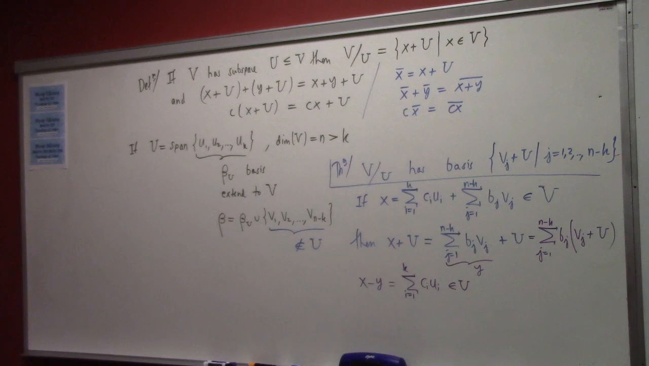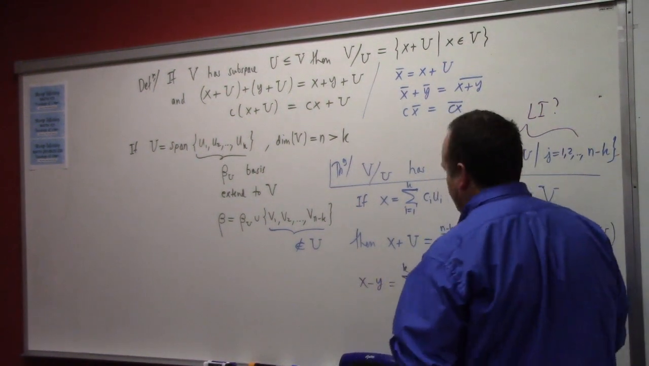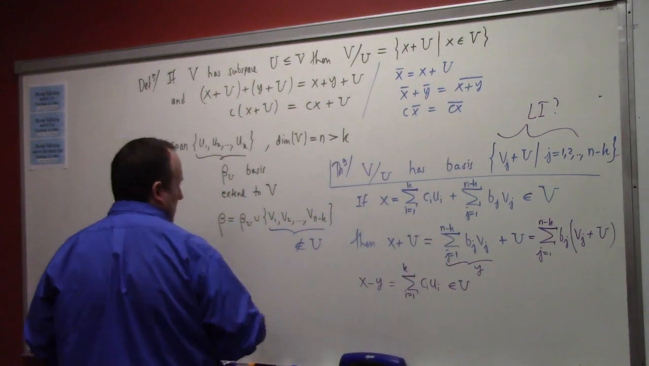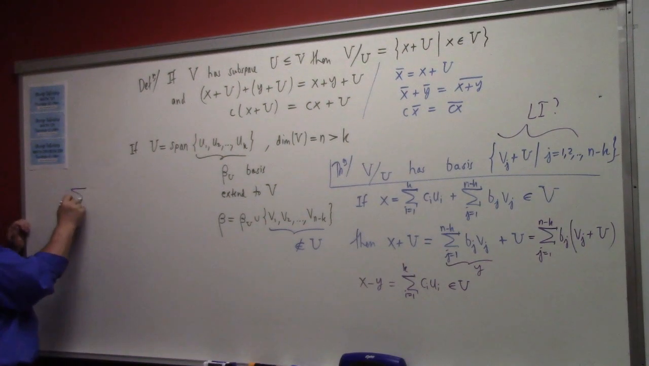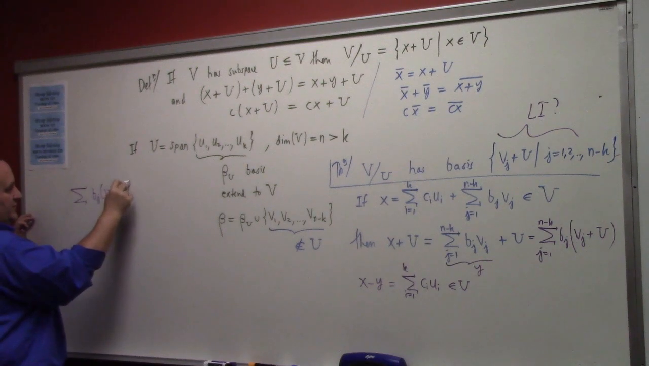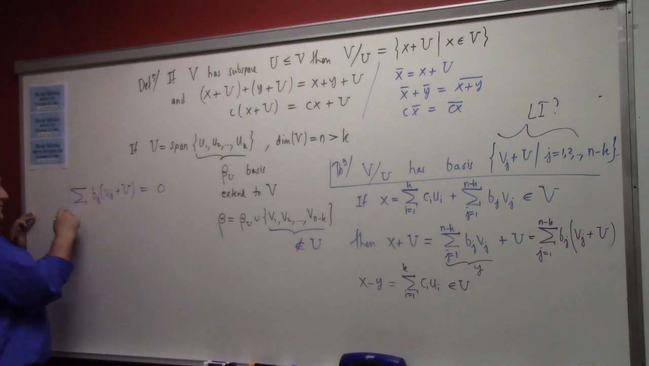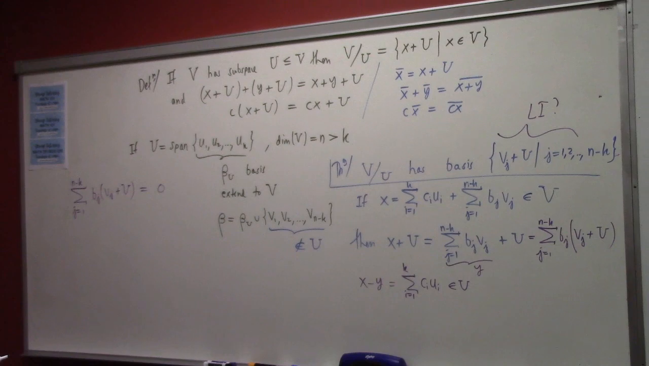Now the question remains, why are those linearly independent? Can we prove linear independence of this? So if we have the sum over, let's say, bj times vj plus U, equal to 0 for j equals 1 to n minus k, our goal is to do what? Is to prove that the,